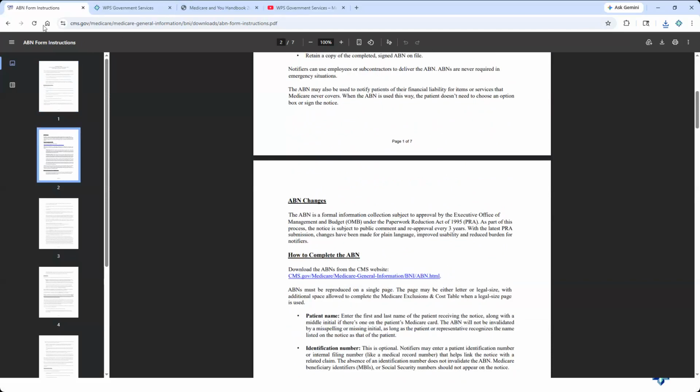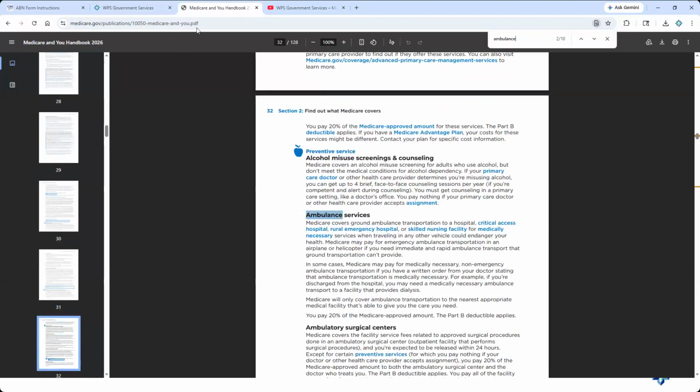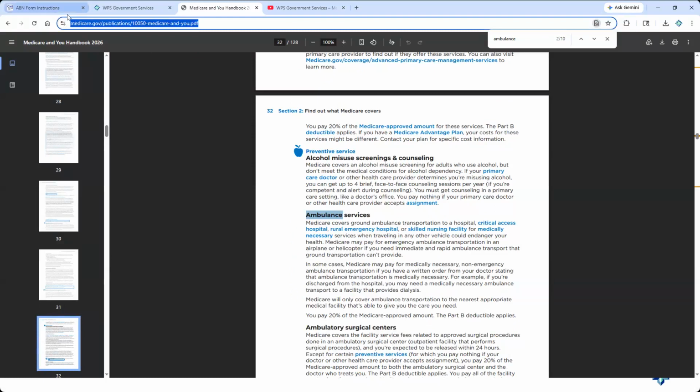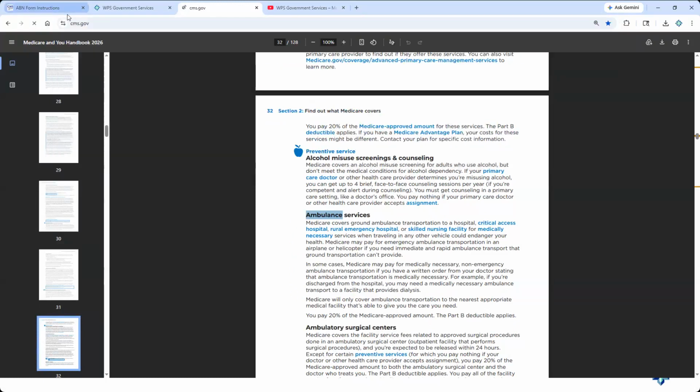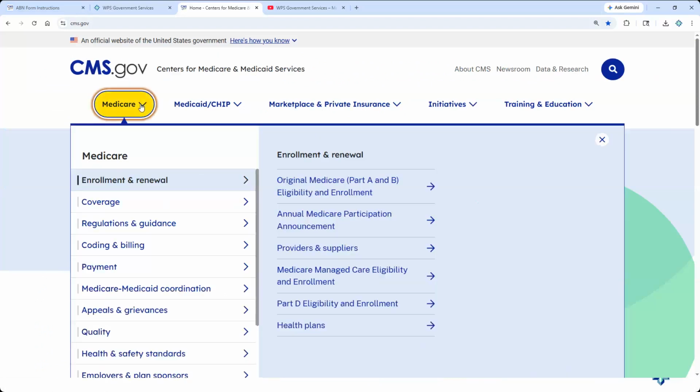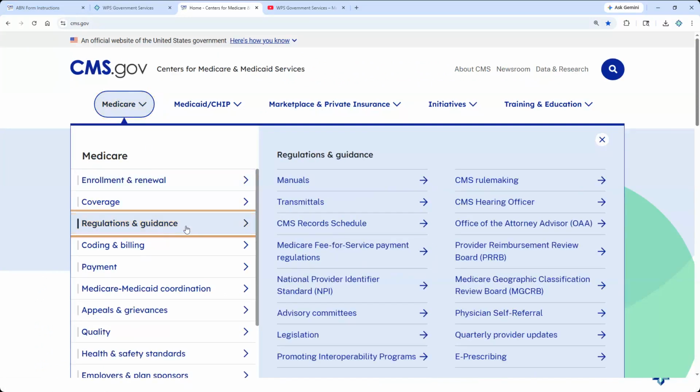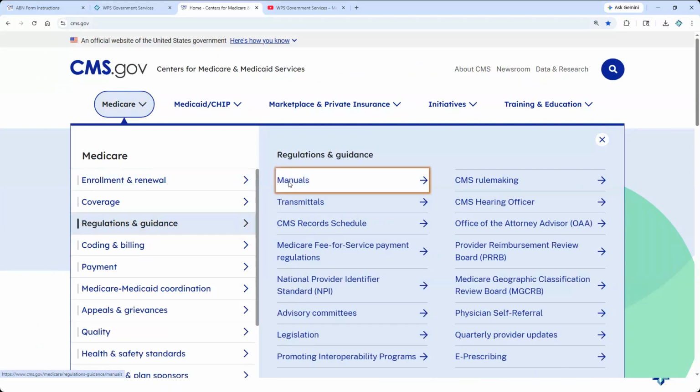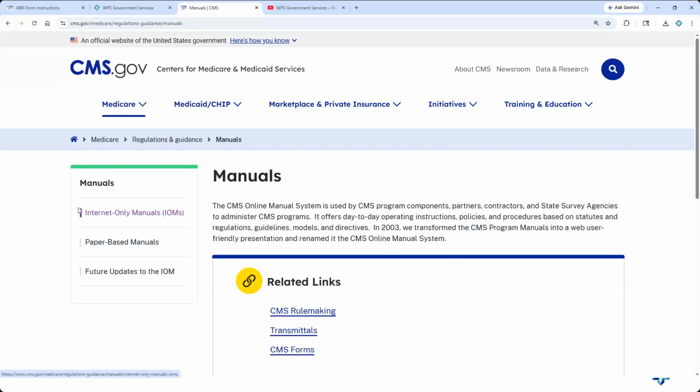There is a little bit more information on this. What I'm going to do is change this one and go to cms.gov here too. Now this was Medicare, but we're going to go to CMS, cms.gov. We're going to go to Medicare under regulations and guidance into the manual system. The reason this is important is when you're in the manual system, we're going to go to the